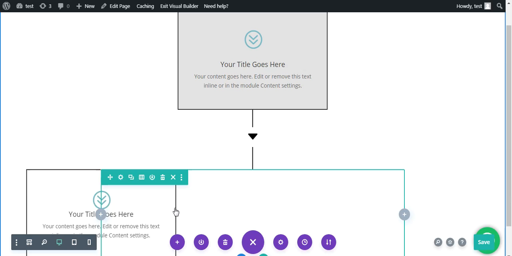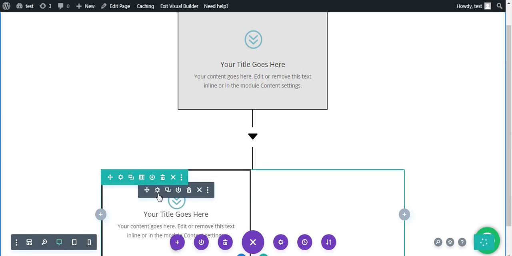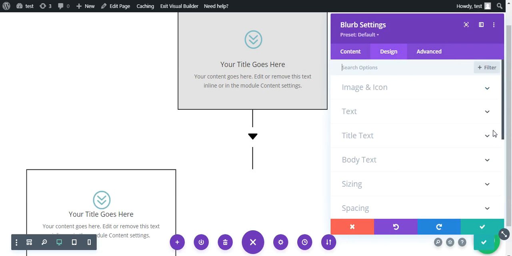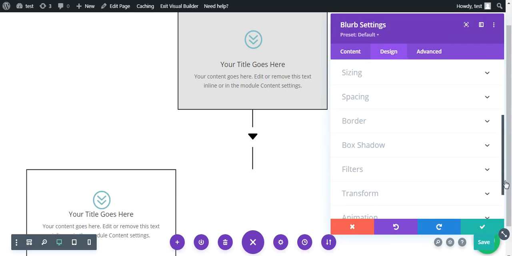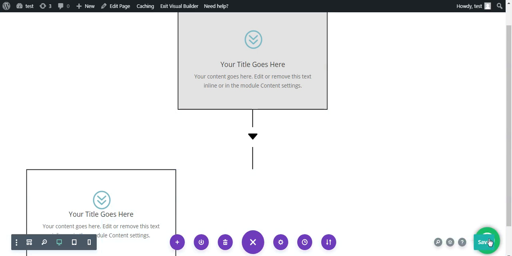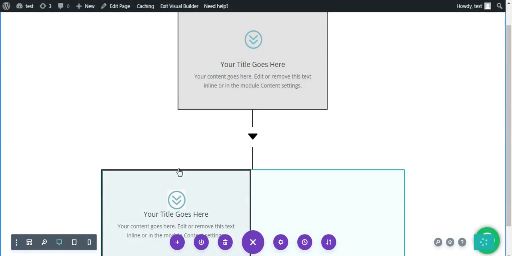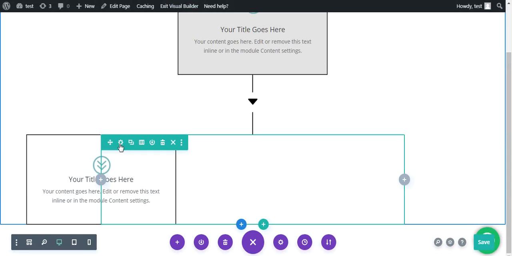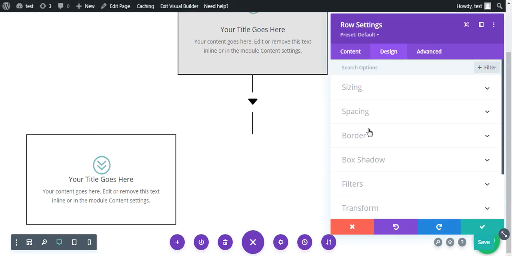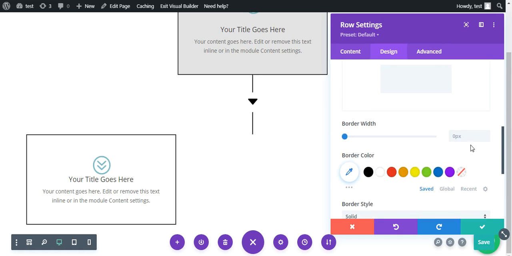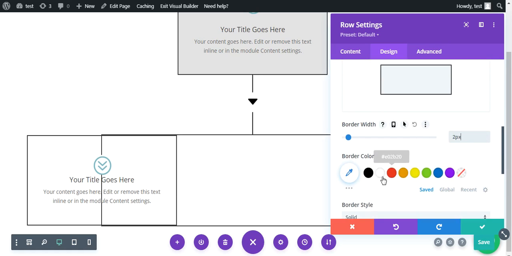Over here, if you see, I have given translate, so you can see the transform. We just need to give border to this column. Let's give border to the column. Let the border width be 2 pixel, as we are maintaining 2 pixel throughout.